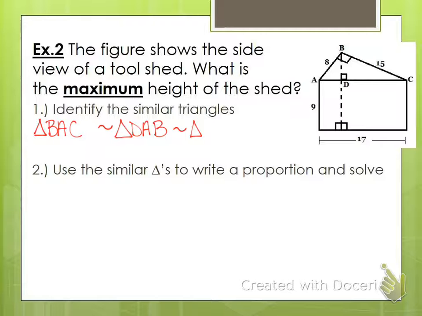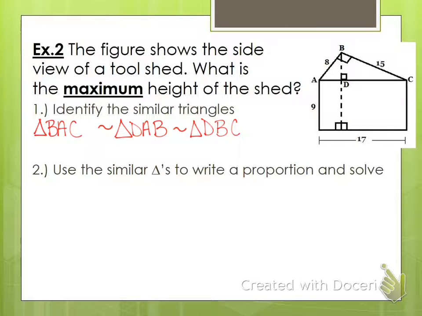Then we're going to name the other triangle on the right side. Again, we start with D, our right angle. Then we would move up to B, and last we have C. Questions about the similar triangles? Yes. Does it